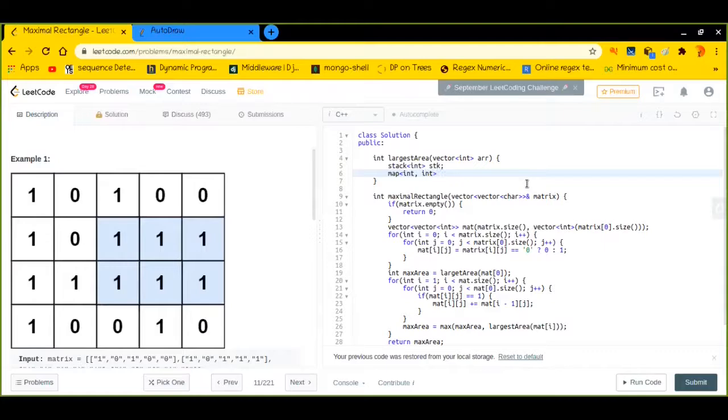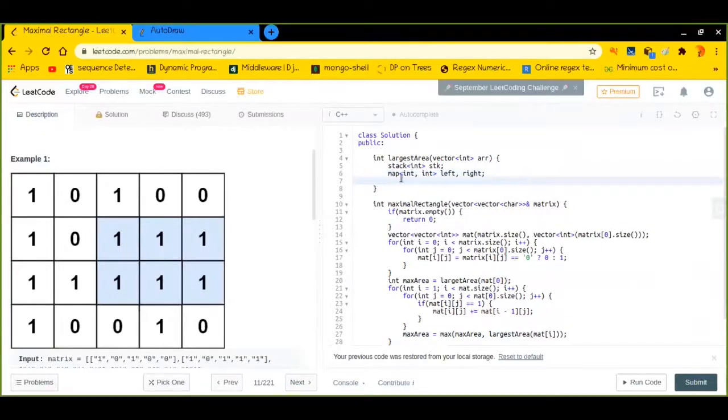The first map will take care of the left minimum value, or the previous minimum value, for the current bar, and the right map will take care of the next minimum value for the current bar. Though we can use constant space, or exclude this particular thing, for convenience we can use that as well, right?